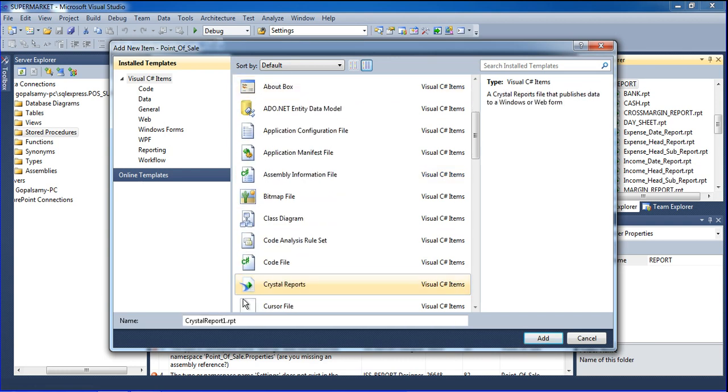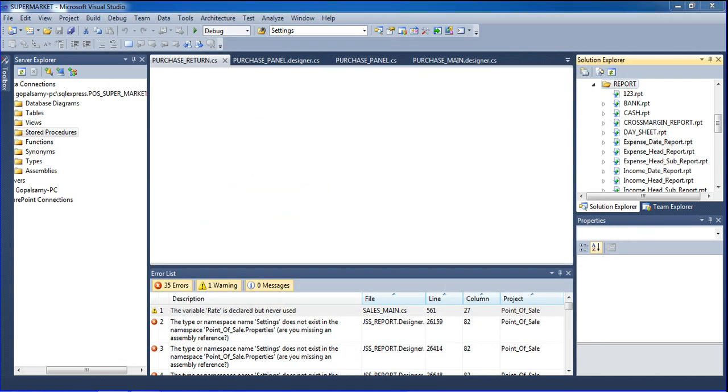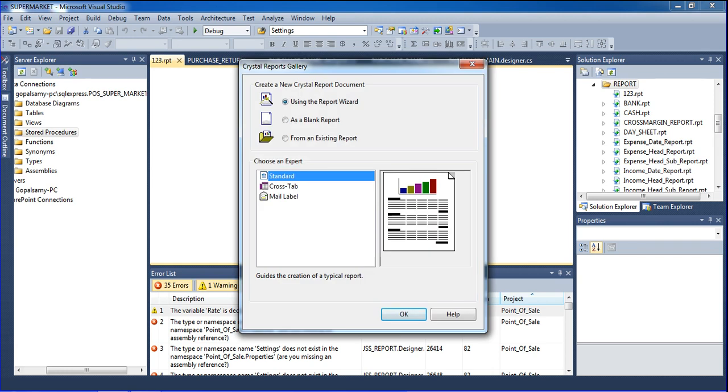See, this is crystal report. We want to modify this name, which means you can name it whatever you need, you can modify that here. So I declare here 1 2 3, this is the report name. Just click add, and the 1 2 3 came here. We need an empty report form, so I'm going to declare here blank report.